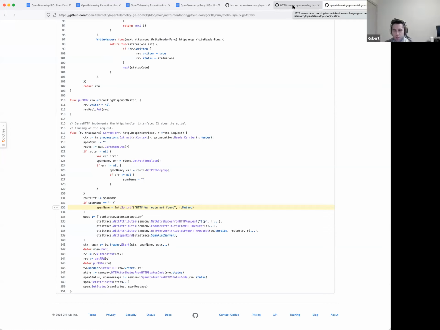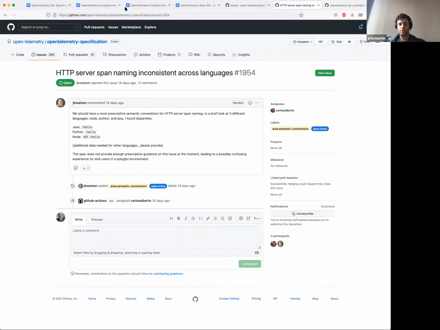Yeah. So if we look at OpenTelemetry Go's Gorilla instrumentation there, if it can't match it, it literally just says HTTP method route not found. And the JS stuff was doing similar. I don't have the link for that right now, but it did look very similar. In a case where you're not using additional auto instrumentation, where you only have a rack app and nothing auto instrumented beneath it, then every route will appear as route not found